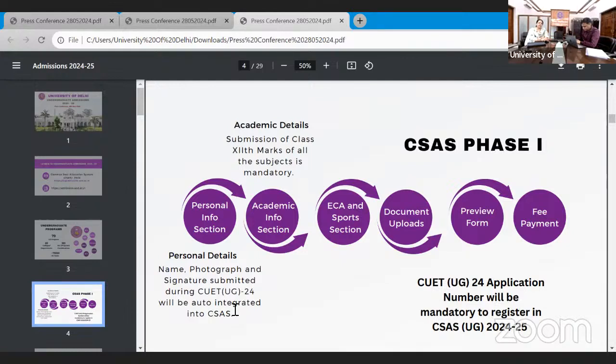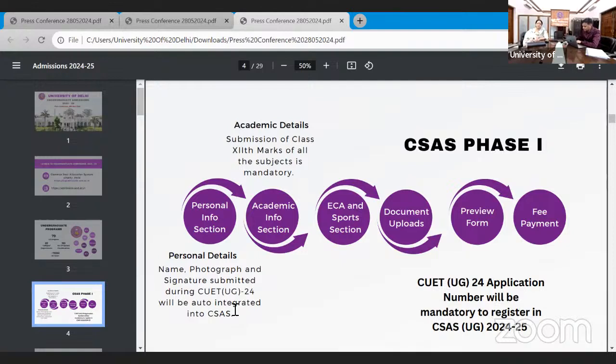Next section जो खुलेगा वो आपके पास आएगा ECA और स्पोर्ट्स। दिल्ली यूनिवर्सिटी में हम बहुत सारी सुपर न्यूमररी सीट्स में एडमिशन करते हैं, जिनमें से ECA और स्पोर्ट्स भी हैं। ECA मतलब एक्स्ट्रा करिकुलर एक्टिविटीज। 14 एक्टिविटीज हैं जिनमें आप एडमिशन ले सकते हैं दिल्ली यूनिवर्सिटी में थ्रू ECA, और 26 स्पोर्ट्स हैं जिन पे हम ऑफर करते हैं एडमिशन। इसके बारे में मैं जानकारी आपको आगे दूंगी।